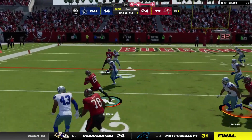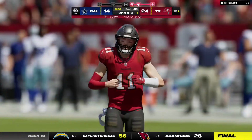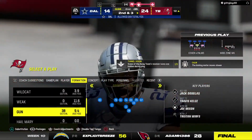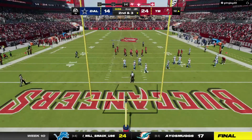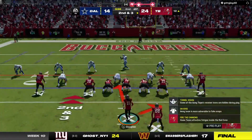A handoff running left, Mixon. And he'll be out of bounds, taking it just shy of the 10 at the 11. 67 yards rushing for him as he has been tough to stop here this first half. Well, no matter how they phrase it, staying on schedule, staying ahead of the sticks, whatever you want to call it,